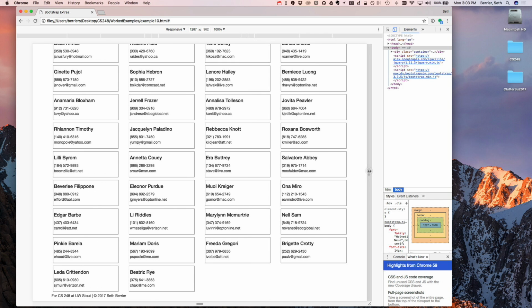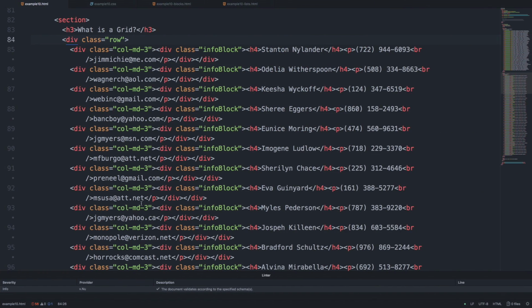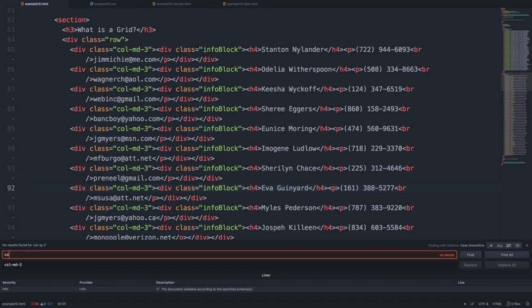Well, it turns out we told it. We told it exactly at what point we wanted it to change. Now this is where I find the options in Bootstrap are a little bit limiting, but let me show you what it is that determines that. Basically, it's this MD in the middle. We can change it. Let's instead change it to